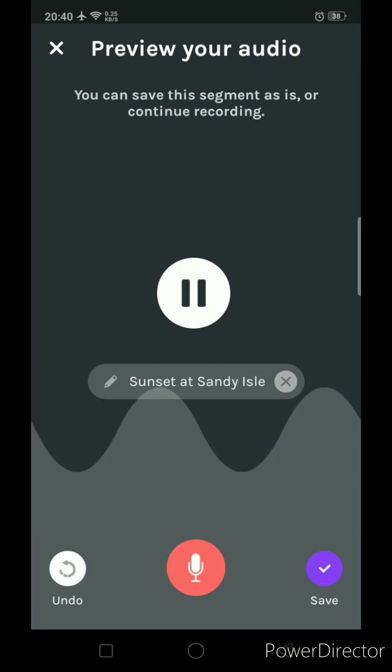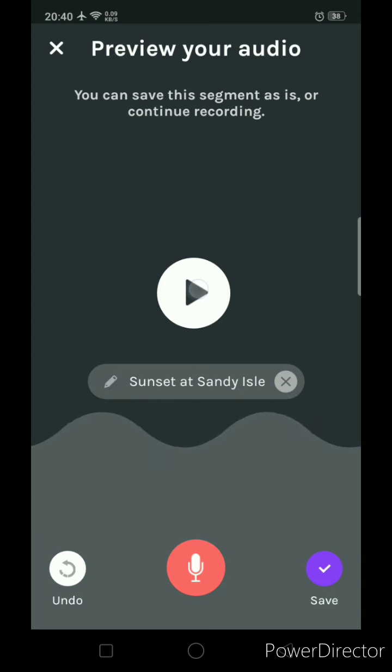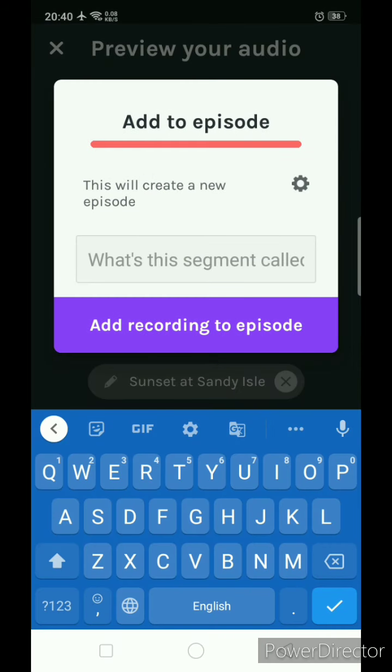But during your recording time and listening time, you can listen to your audio lecture with the background music that you have selected. So if you liked it, then you can click on the save option. If you don't like it, you can again click on record background music and you can rename it.